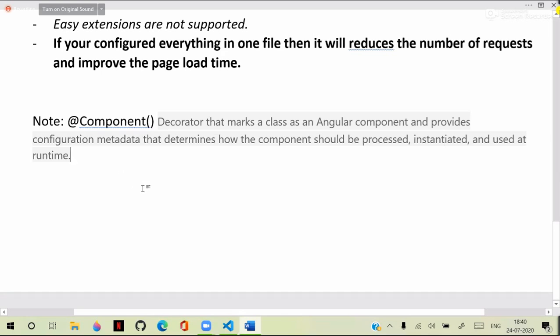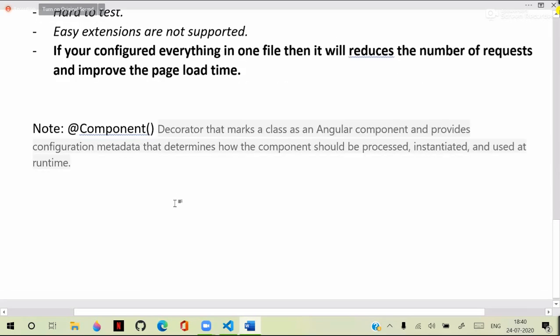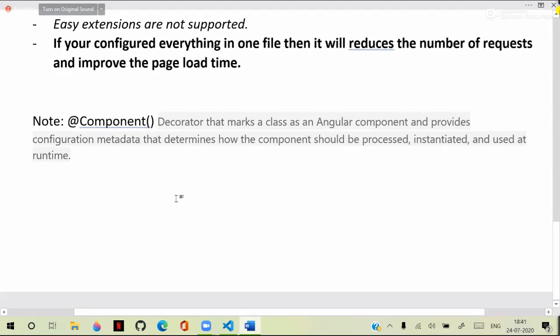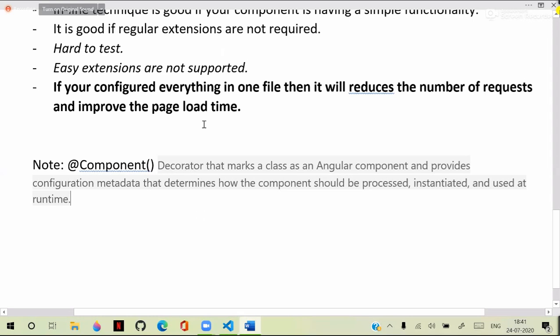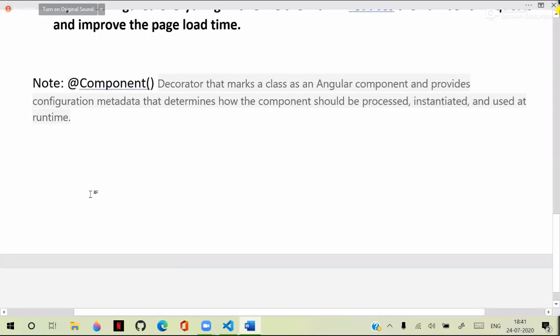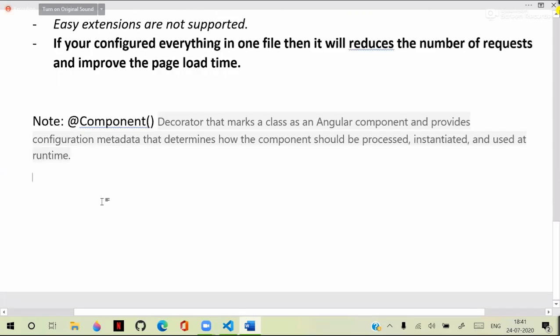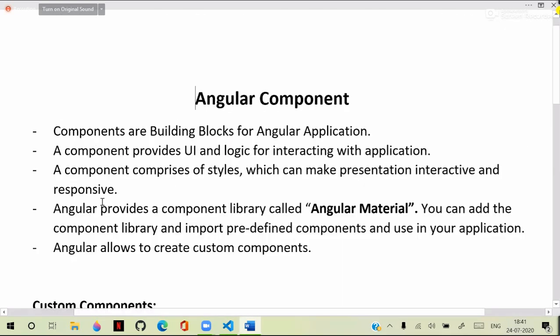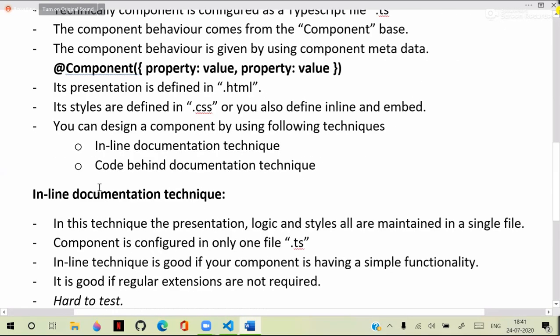What does metadata actually comprise of? Technically, you should know what metadata comprises of. Usually I will configure it here. So what metadata actually comprises of? Generally, metadata comprises of